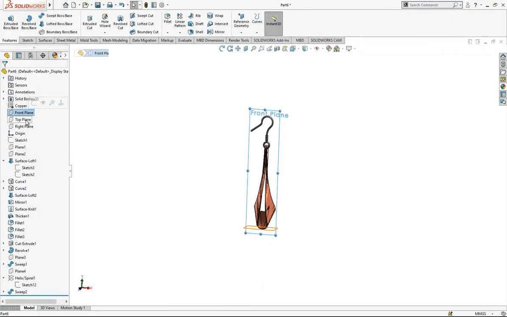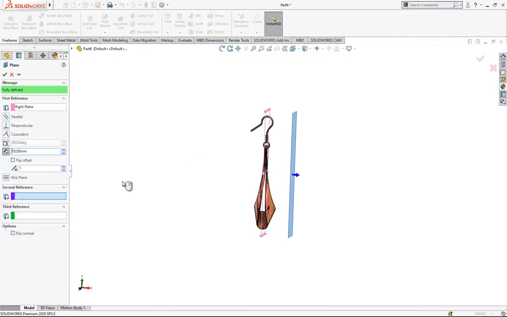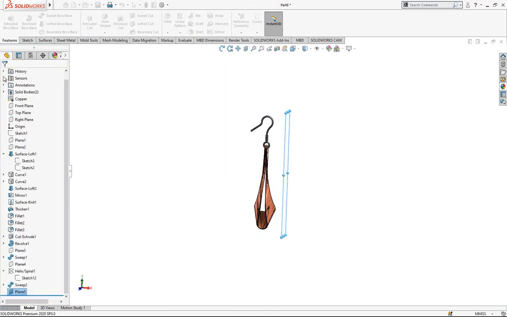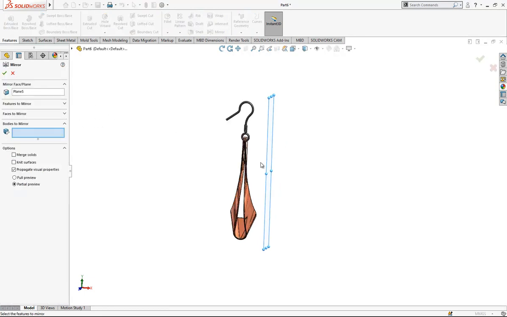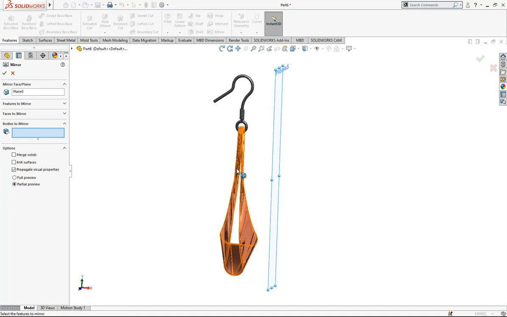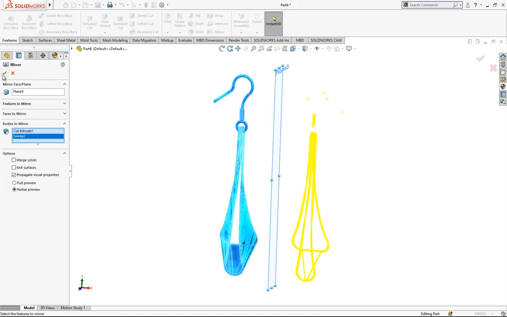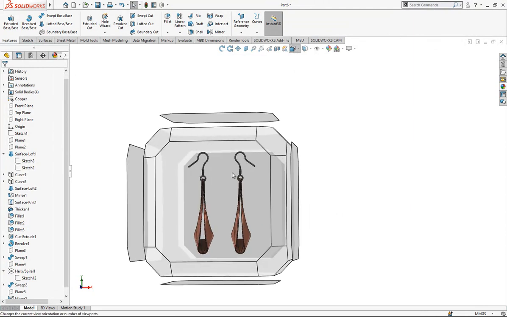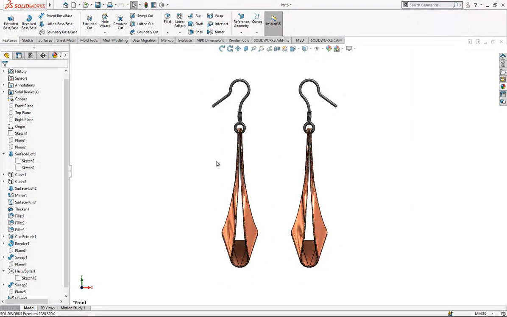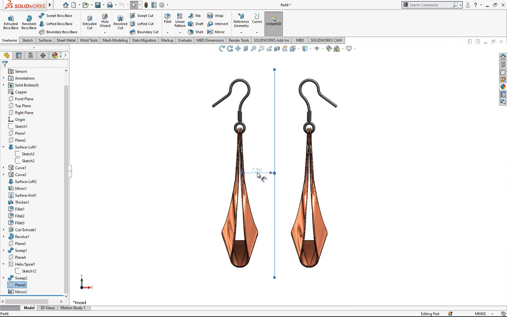And this is done, and we will choose our right plane, some offset plane, like let's say 5 or 6, 7.5. Let's make it. I will create a 7.5. Later I pick a mirror. These two bodies will be mirrored, and our operation is done. This is looking a little bit bigger now. Let's make it 5. Yes,